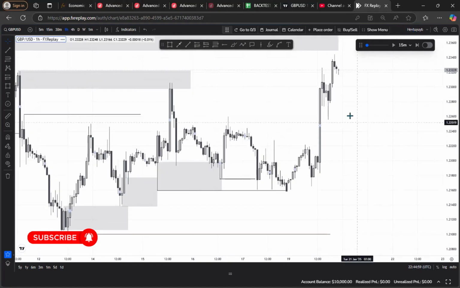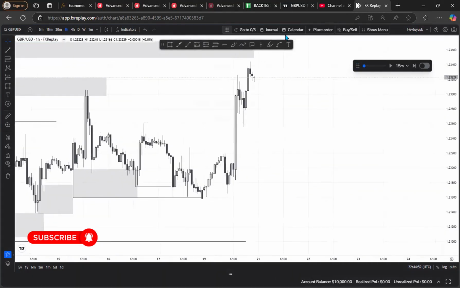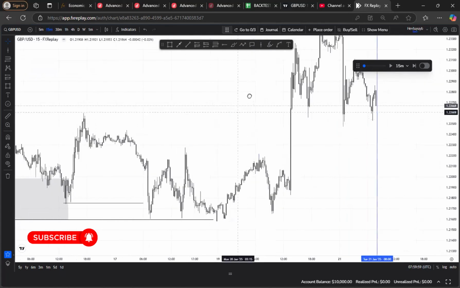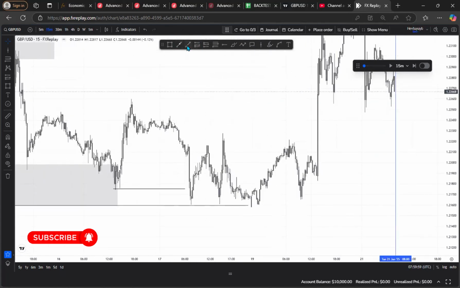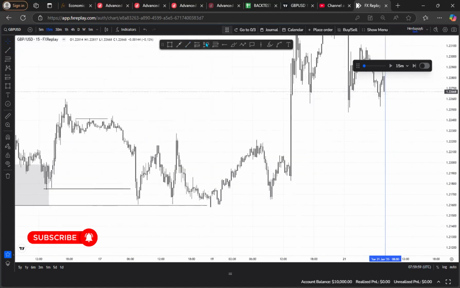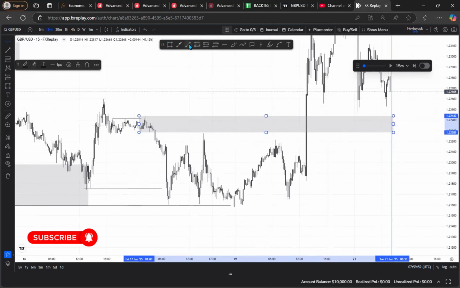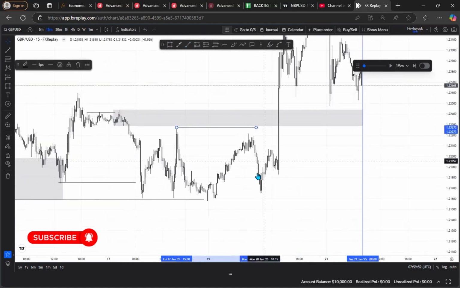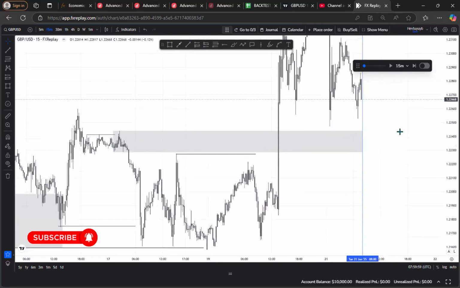Coming to the chart on Monday, I don't trade on Monday. So Tuesday is when I engage in the market. Let me take price to Tuesday, London session. I noticed that on Friday, there was this level here. The price swept and it eventually broke structure here. So I was expecting price to come back to this zone here for me to look for a sale. But what did price do on Friday? Price never tapped that zone. On Monday, price violated this level that I was expecting price to respect on Friday.